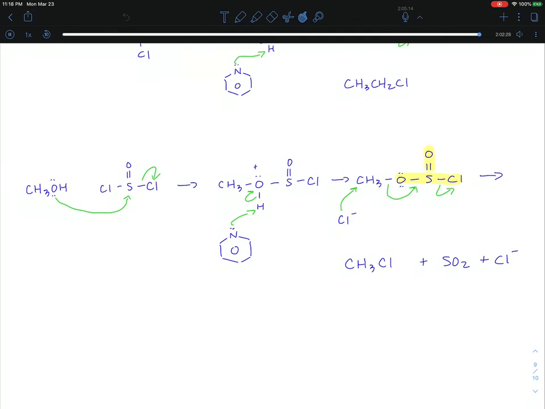It helps to leave that chloride in solution, freeing it up to be the nucleophile so that we can get that chlorosulfite group to leave and convert the alcohol into an alkyl halide. So I think this is pretty good in terms of some examples for turning your alcohols